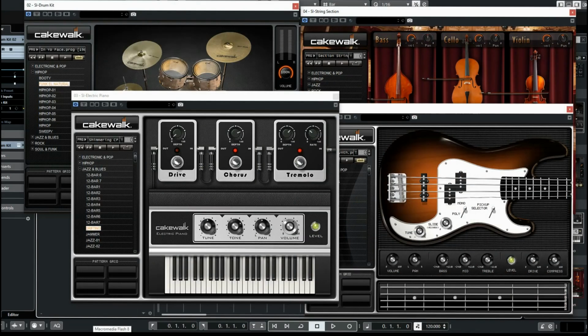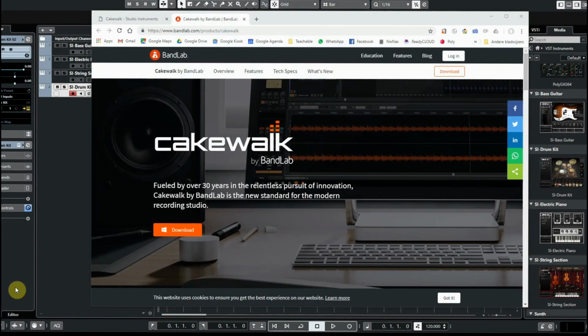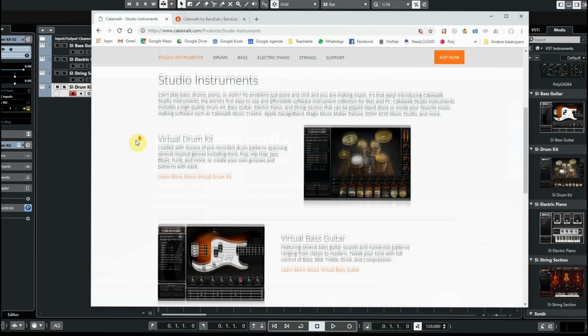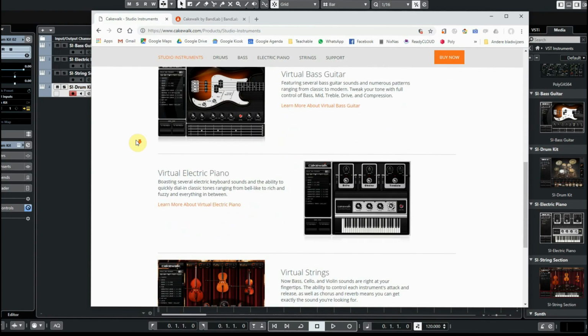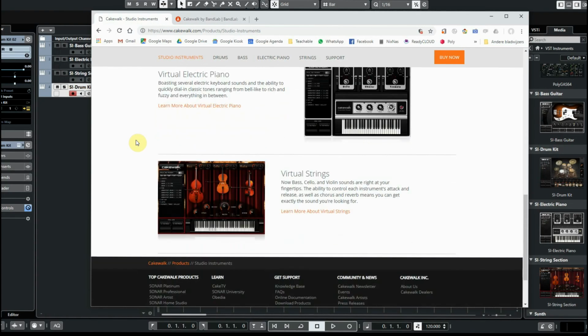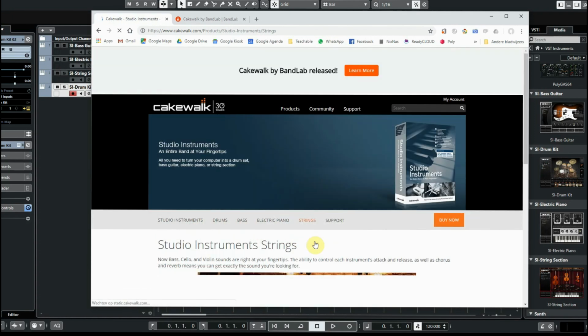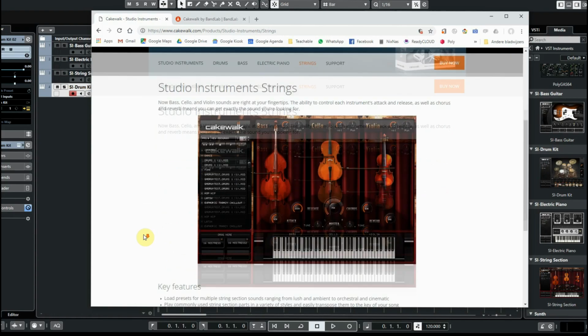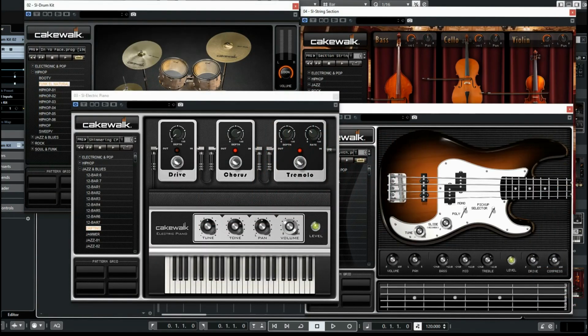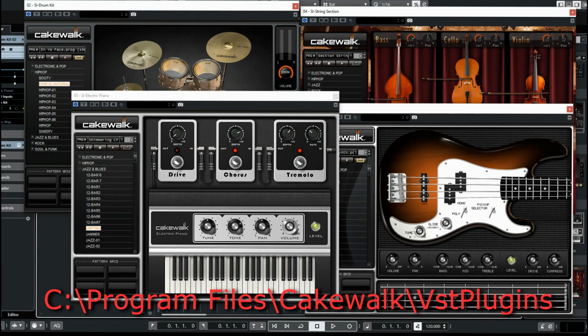If you want these fantastic VSTs, you have to download the Bandlab Assistant from the website, sign up for a free Bandlab account and install Cakewalk through the Bandlab Assistant. It will install the complete DAW and the VSTs on your computer, and then, after installing, open your own DAW and add the VST folder path to the VSTs of your own DAW. This path will be something like C/program